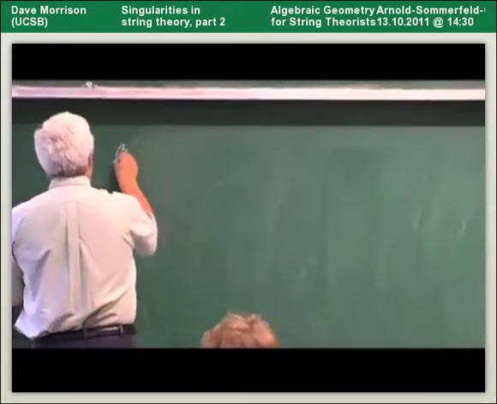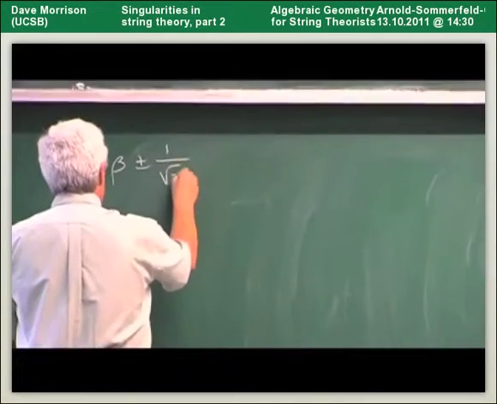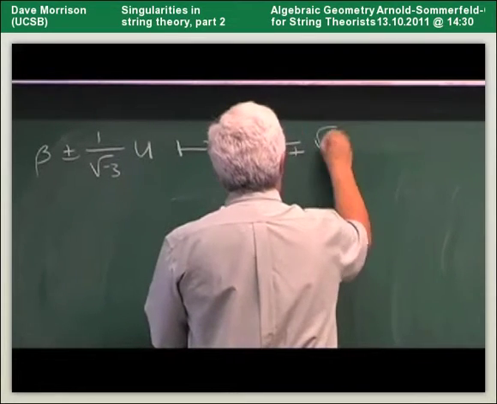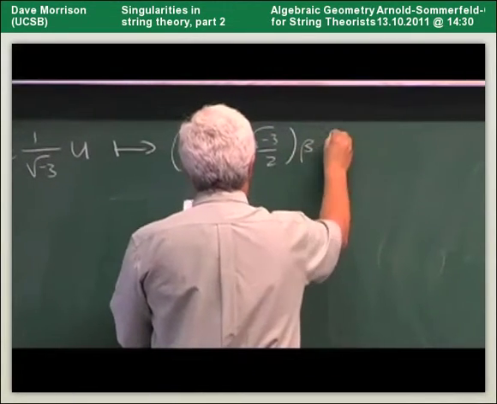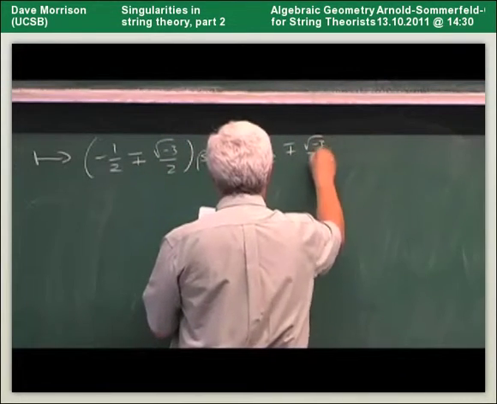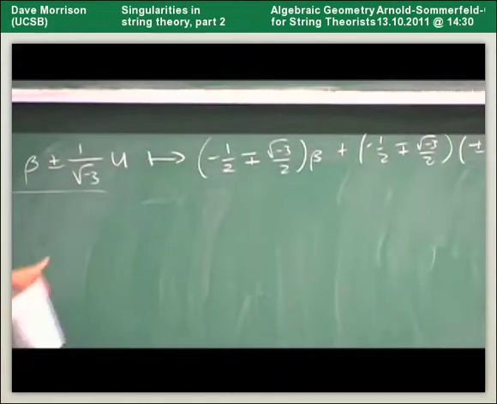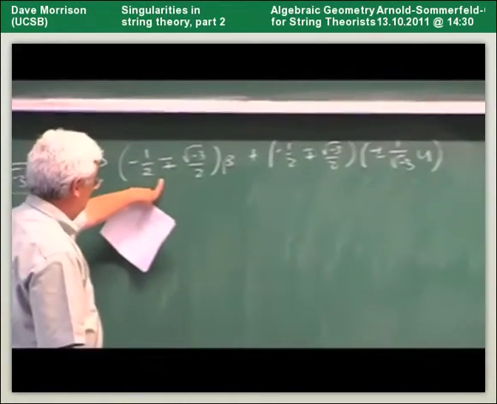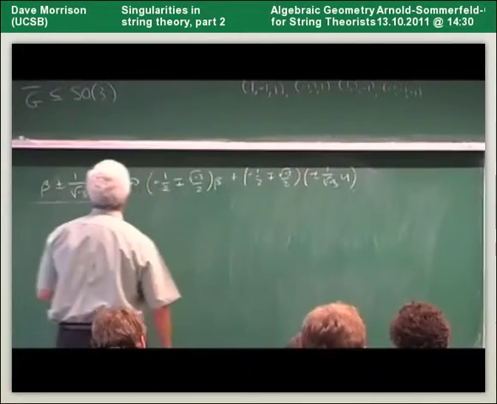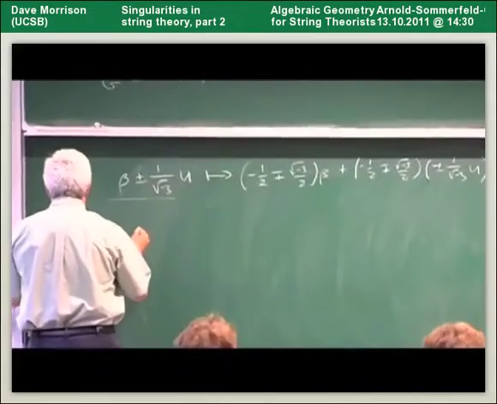And it turns out that beta plus or minus 1 over root minus 3 u goes to, again, not hard to see from those formulas, minus a half minus or plus root minus 3 over 2 beta, plus minus a half minus or plus root minus 3 over 2 times plus or minus 1 over root minus 3 u, so that these two quantities are eigenvectors with eigenvalues the two primitive third roots of unity. That's the same sort of thing that I was doing invariants for before. And so the invariants for this action can be written down as